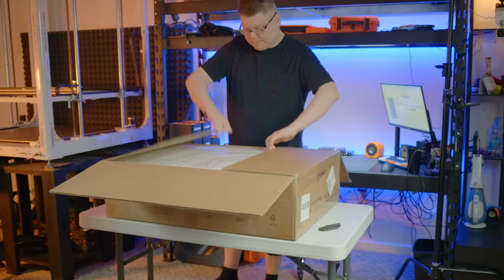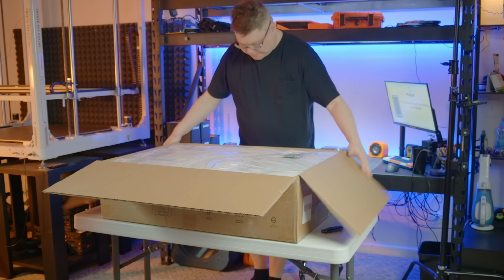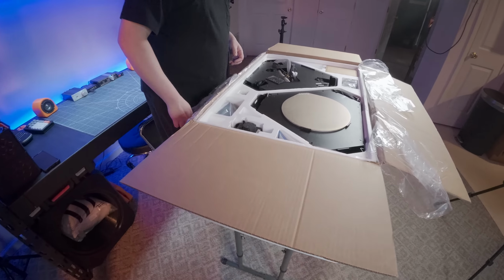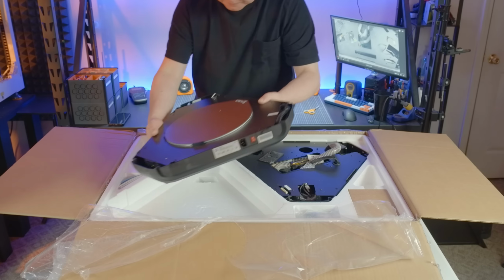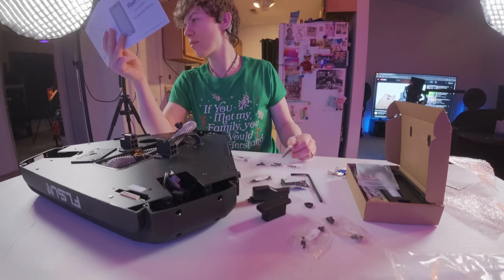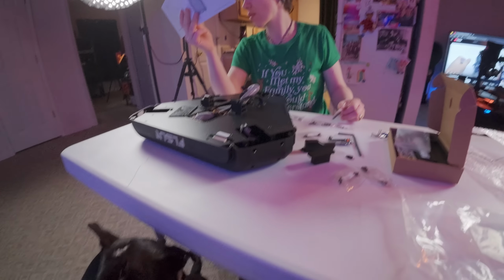When FLSun offered to send me the new T1 Pro, my immediate reaction was that I'm quickly running out of places to put all these machines. That being said though, I'll be damned if I let finite space get in the way of a family evening putting together this 20-piece puzzle and...